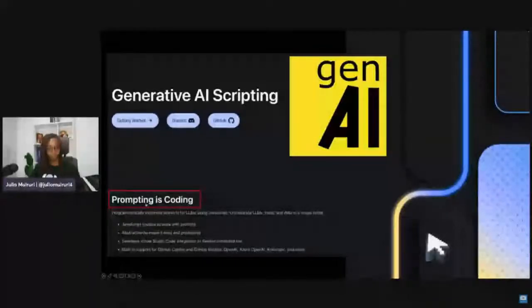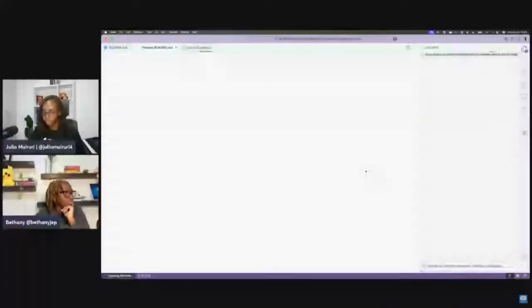But to show you the real value of GenAI script that I really saw: as the name suggests or implies, GenAI script is all about using prompting as your new coding mechanism, right? So you're basically just implementing code, which is a series of prompts. And for me, that was really, really key. So I'm just going to start this code space.